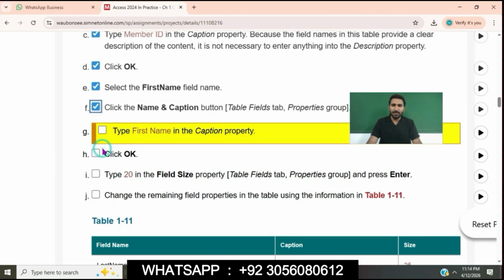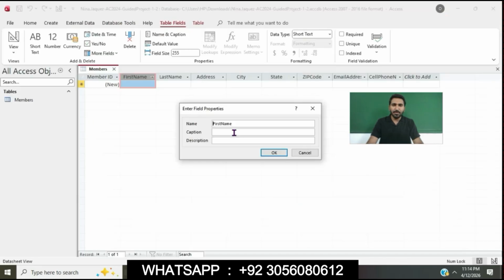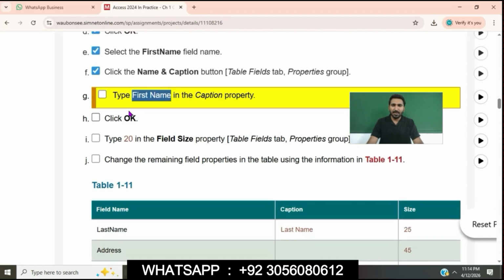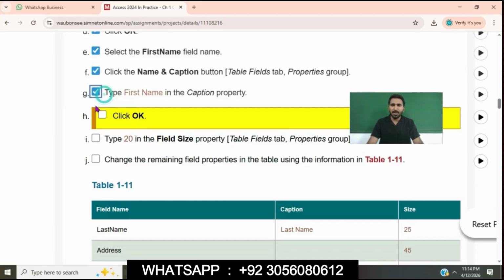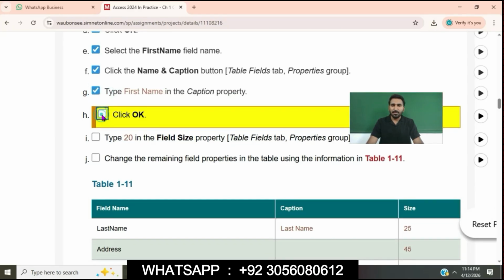Point G is that type first name in the caption property. Type first name in the caption property. Click OK. This question is done. Click on this checkbox G and H checkbox.